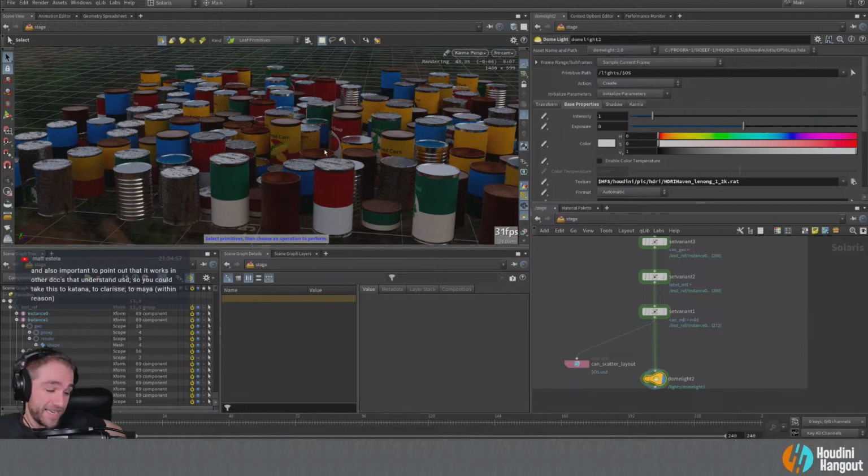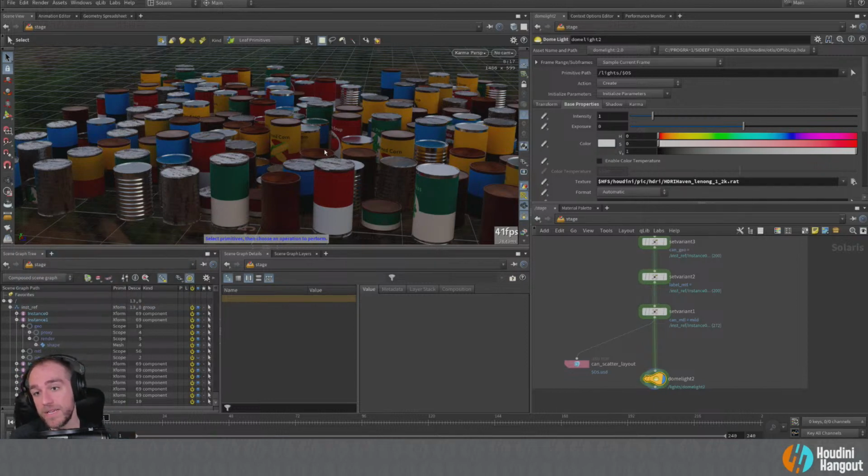Yes, that is a great point, Matt. Thank you. So in fact, I did a talk on USD into Unreal for Side Effects at one of our Hive events in November, and I did this similar kind of stuff using USD and bringing it into Unreal. And so all of these variants, that's part of the USD file.